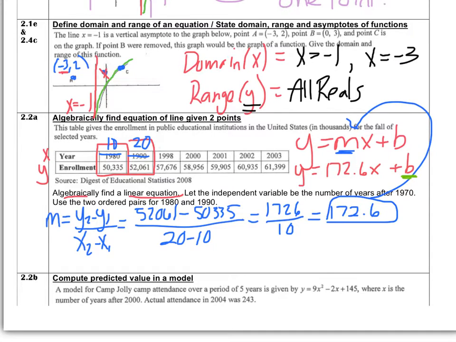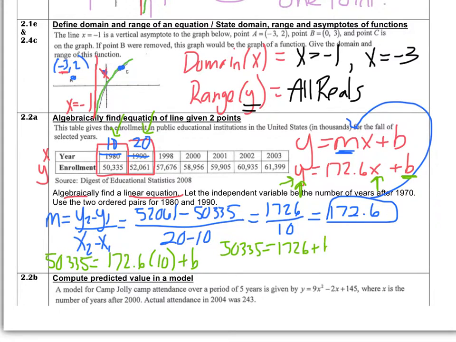To find that, all I need to do is plug in a value for x and y, and I can choose either this first ordered pair or the second. I'm going to use the first one, and let's put in 50,335 here. And I'm going to set that equal to 172.6 times the 10 for x, and then plus b. To solve this, what we're going to have is 50,335 equals 1,726 plus b. Subtract 1,726 from both sides, and we're going to get that b equals